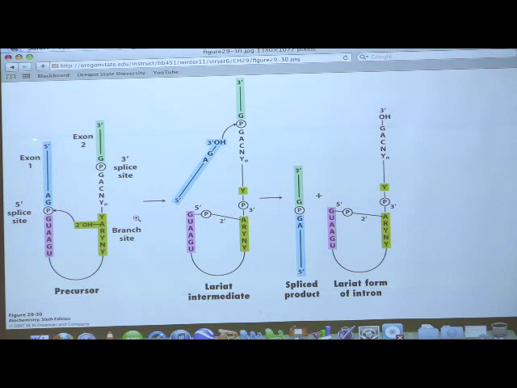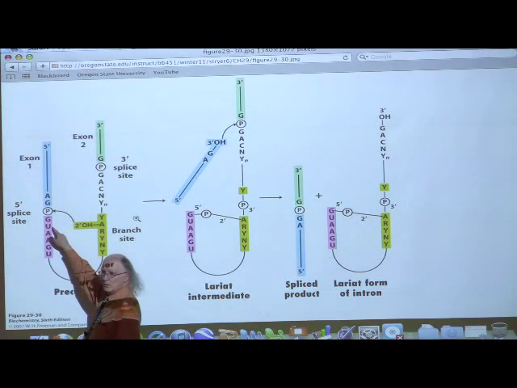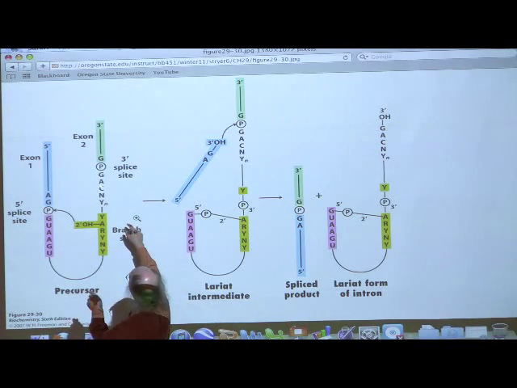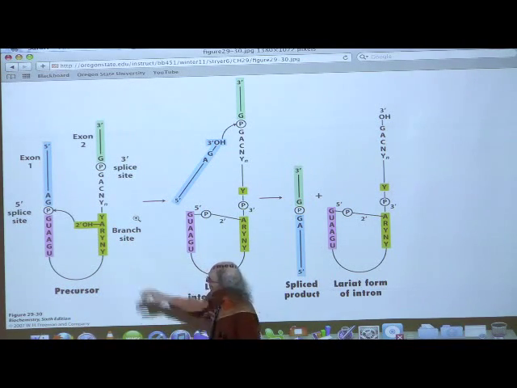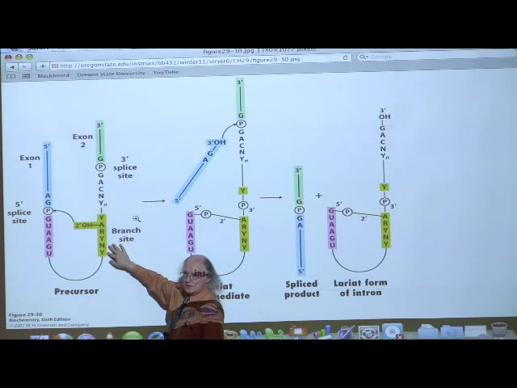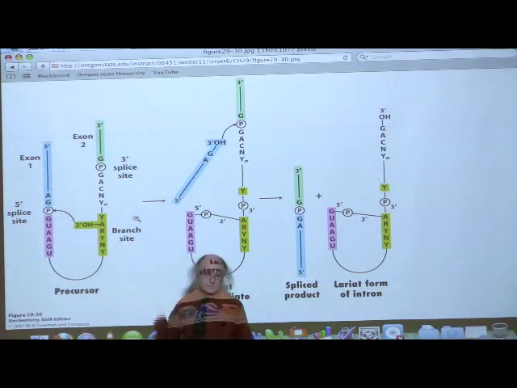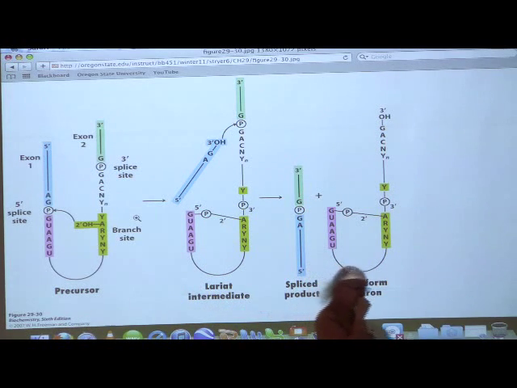This pre-RNA has an exon. So our 5' end is up here. We loop all the way around to the 3' end over here. Okay? Here's the end of the exon. Here is our GU. Okay? Over here, we see our AG. All right? And here is this pyrimidine-rich region that has this A sequence. Everybody with me so far?